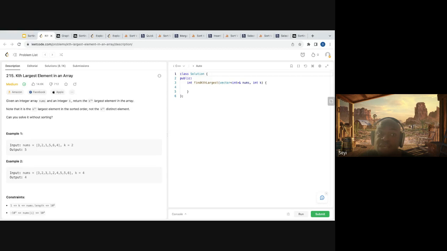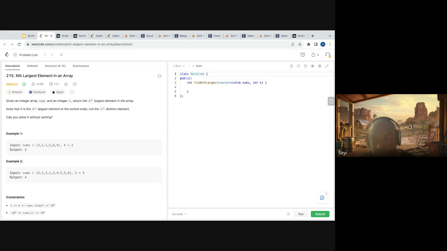But if we look at the second array, we are looking for the kth largest element, which is 4. If we sort that array, 4 will be in what position? 6, 5, 5, 4. Is it the k to the n position? The fourth largest element. Okay, yes, it is. So that tells me that in the sorted position, my kth largest element will be at position n minus k. Right? Is that n minus k or n minus k plus 1 or minus 1? Not sure of the specifics. But I know that I can get what index my element should be in the sorted array.